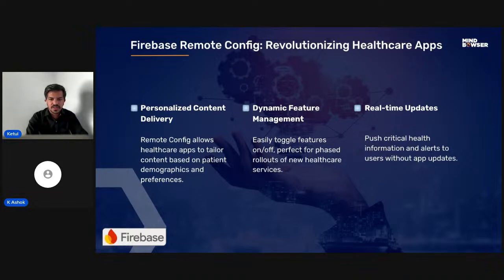For instance, if your app introduces a new telemedicine service, you can use Remote Config to launch the feature to a test group first for feedback. After that, we can expand the rollout, ensure it scales smoothly, and each user can benefit from it. This is particularly valuable in healthcare, where errors or downtime can have serious outcomes. Remote Config provides the flexibility to test, refine, and implement features safely and